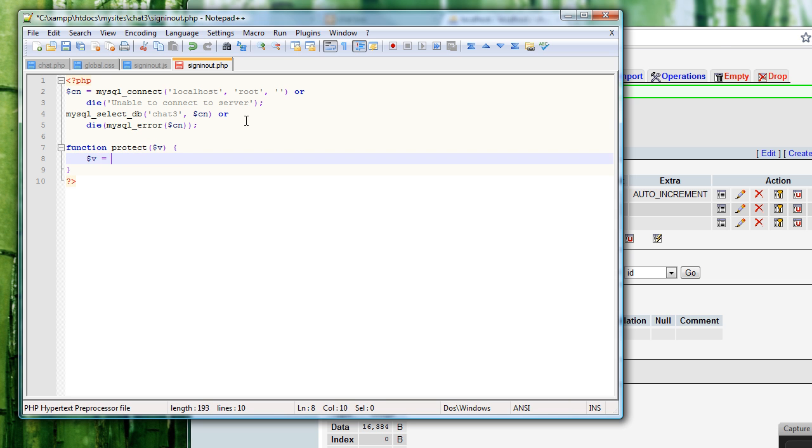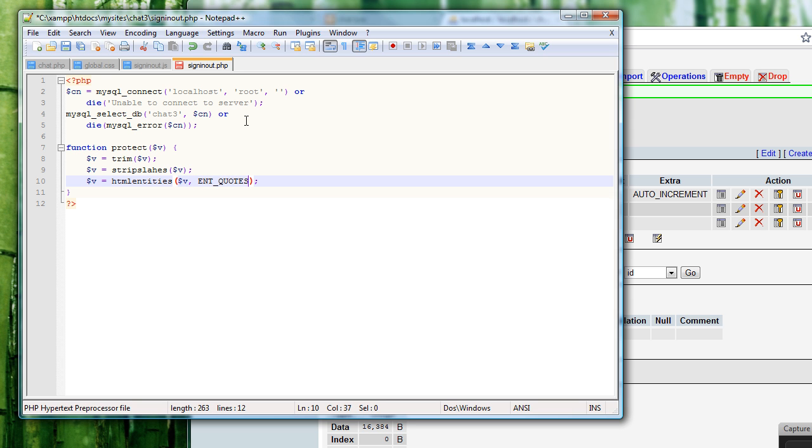And first thing I'm going to do is trim it to remove any unwanted spaces. Then I'm going to get rid of any slashes that can potentially make apostrophes or quotations to insert PHP or HTML. Then I want to get rid of any possible HTML that's being run through, so HTML entities, ENT quotes,